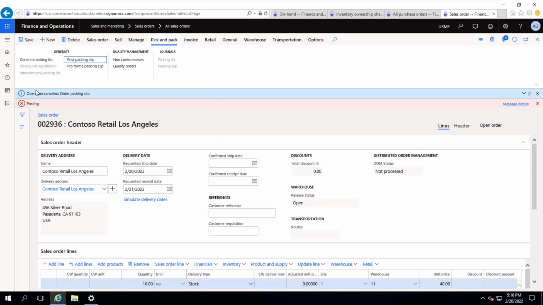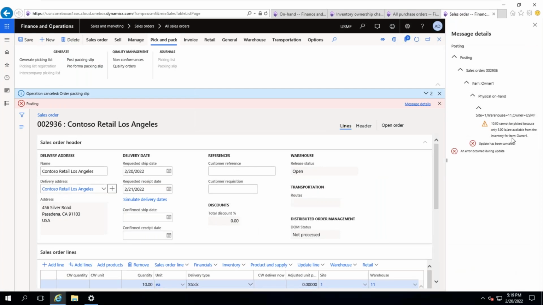What is the error? Operation cancelled. Order packing slip. What is the error? 5 quantity only available. 10 quantity cannot be picked. Warner is USMF. 10 quantity only can be picked. 5 is available from the warehouse. Got it? Yes. You cannot do this one